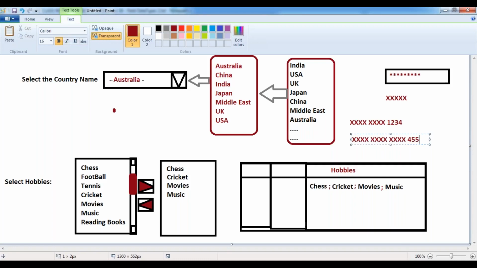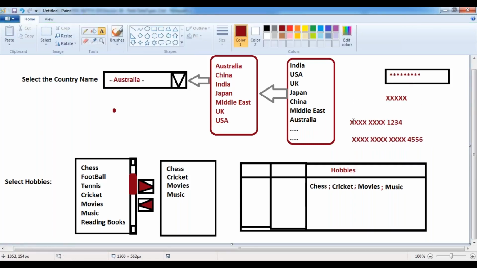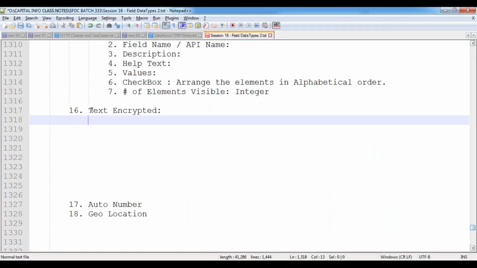And then the credit card number is also visible, where the first 12 digits are in the masking format and the last 4 digits are visible in the actual content. So like that, there is some data which I would like to keep and protect from unauthorized people by encrypting the data into another format. So if you want to use these kinds of formats, then we have to use a control called